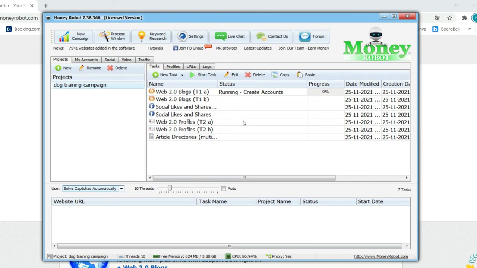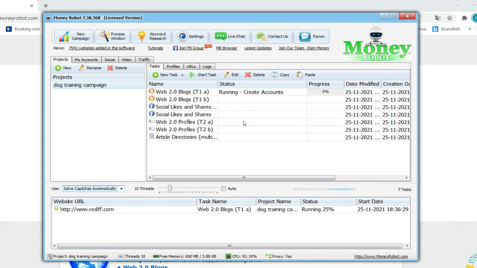So my review on this Money Robot submitter is, if you are a beginner, I will definitely recommend Money Robot over RankerX, because this is very easy for beginners. And also here the captcha service and the proxies are freely available.